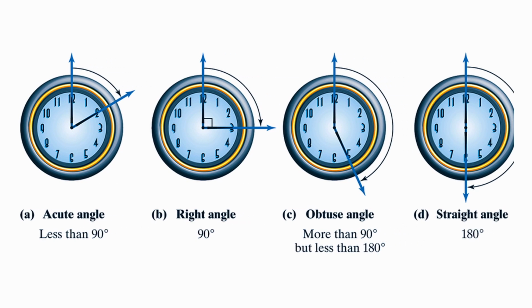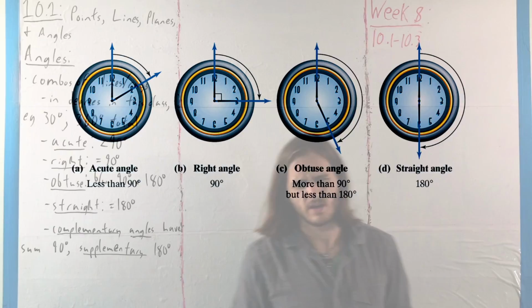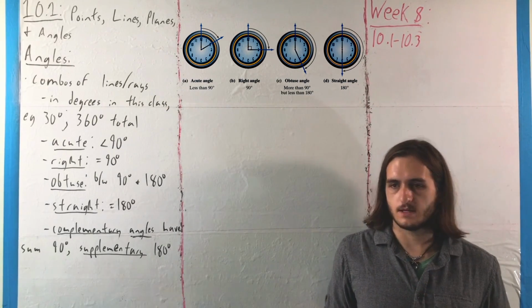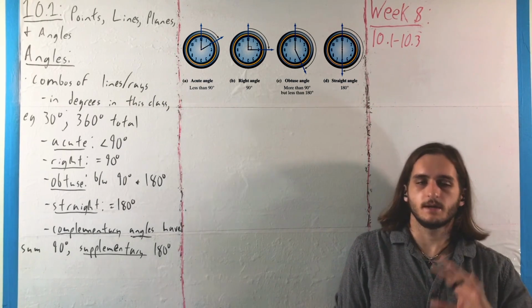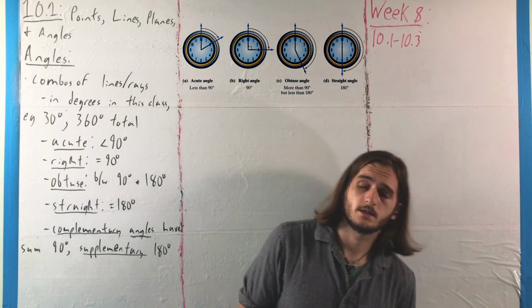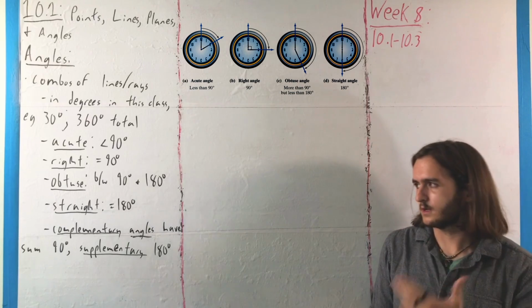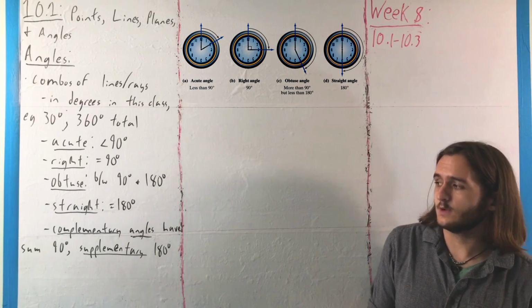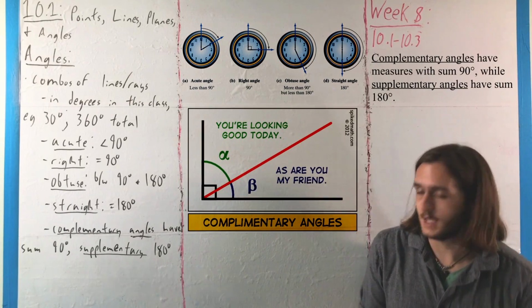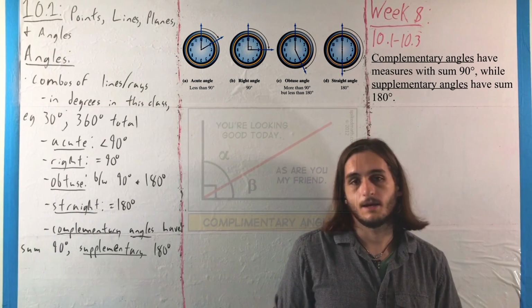And we have a straight angle if the measure is exactly 180 degrees. In some contexts we'll also take it a half step further and talk about things called reflex angles, but that's not really a thing we discuss in this class. And then once we have our idea for these constructions in terms of being acute, right, obtuse, and straight, we can talk about things called complementary and supplementary angles, where a pair of angles